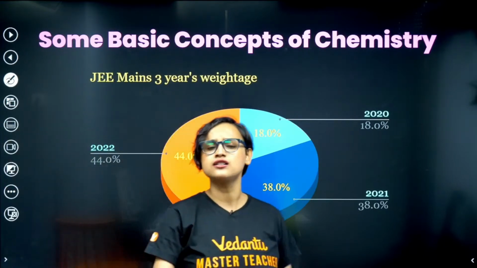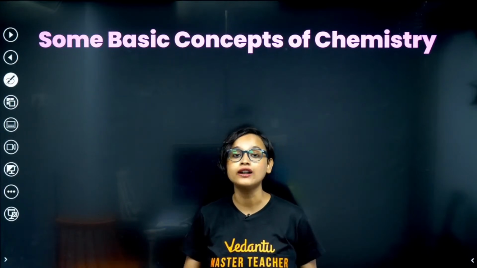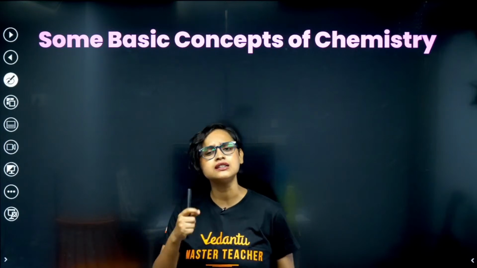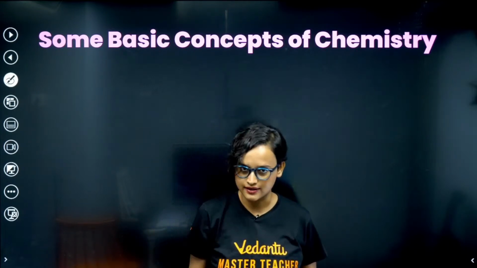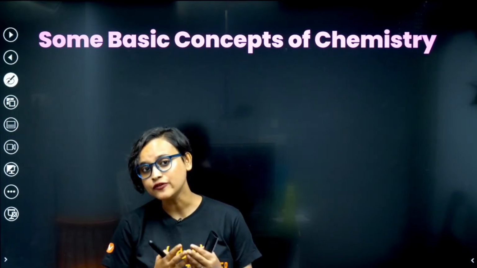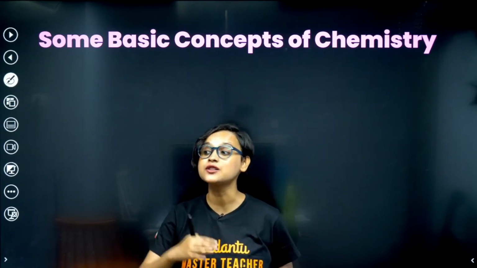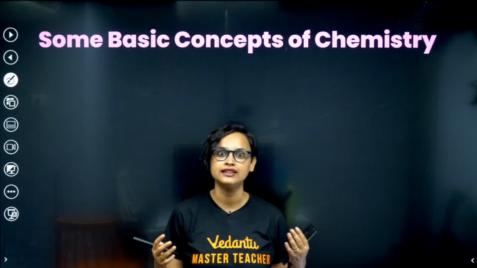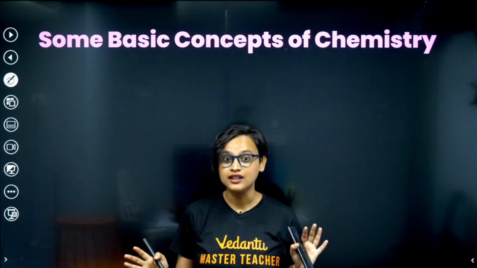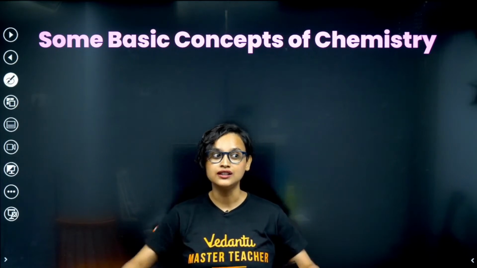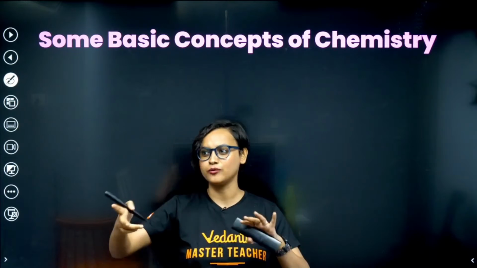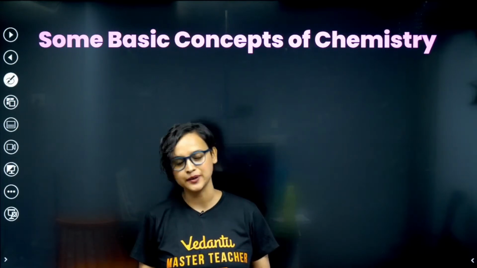Now the first question that comes to our mind is, what exactly is chemistry? And that is something that this chapter tries to answer. Chemistry is that field of science which deals with atoms and molecules and their transformations. Transformations, you know, right? That Transformers movie, did you see how the car transforms into a robot? Something like that.